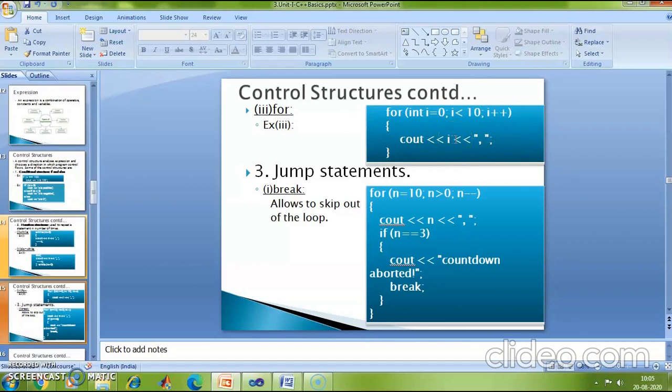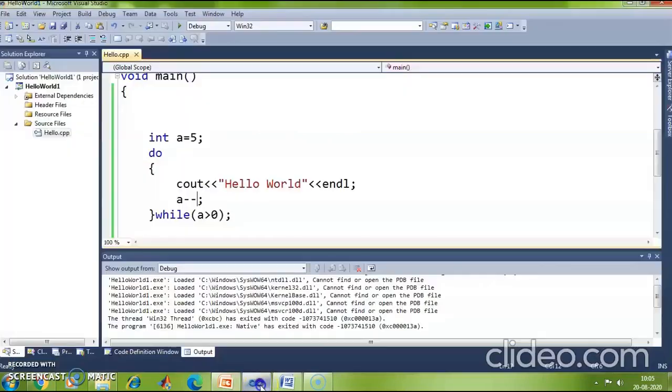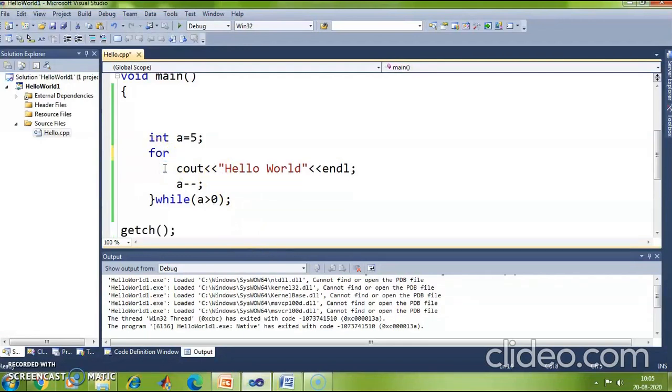Okay, so the same program we will try and write using a for loop. So if I am using a for loop, I use the keyword for, followed by parenthesis, followed by declaration of the variable. If suppose I have not declared a variable, I can declare it here.